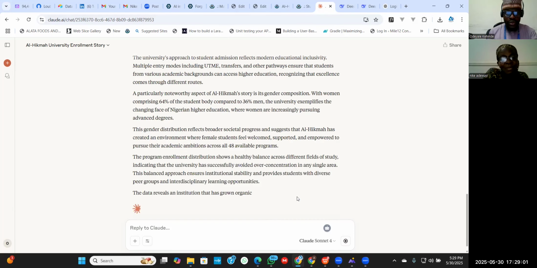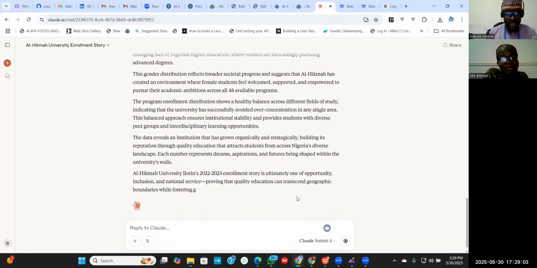Can you see? It will continue generating until it reaches 10 paragraphs.